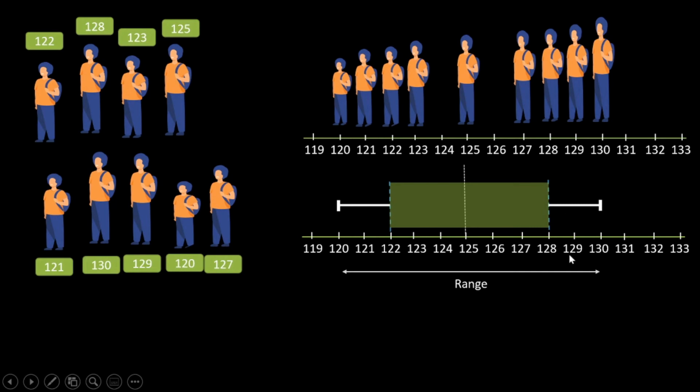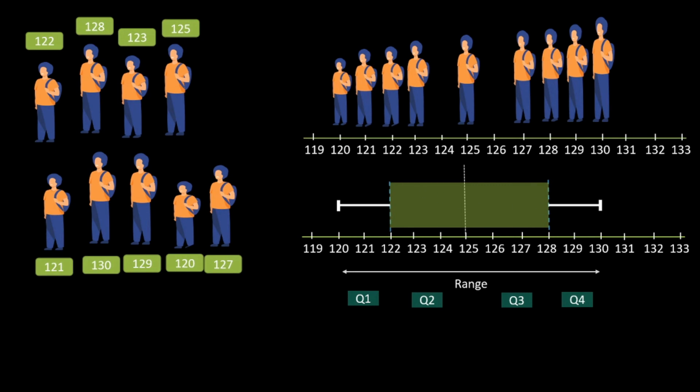both sides. We have already divided the population into 4 parts, so all these 4 parts are called quantiles. The first part we call the first quantile, which takes the population starting from the first whisker till the start of the box. The second part is called the second quantile or Q2, the third part is called Q3 and the fourth part is called Q4. So these are the 4 quantiles of this complete height range.